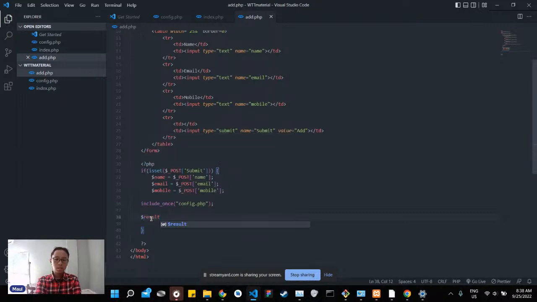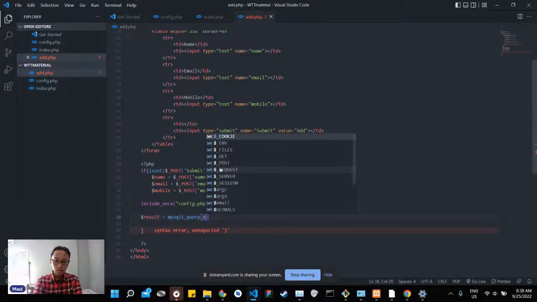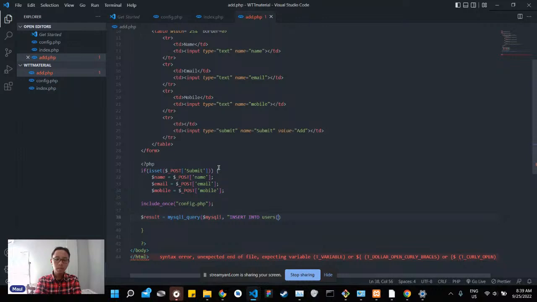Create a variable result and mysqli_query. The variable in the config, I think I forgot. In the config, $mysqli, then comma, insert into users name, email, mobile, and then values